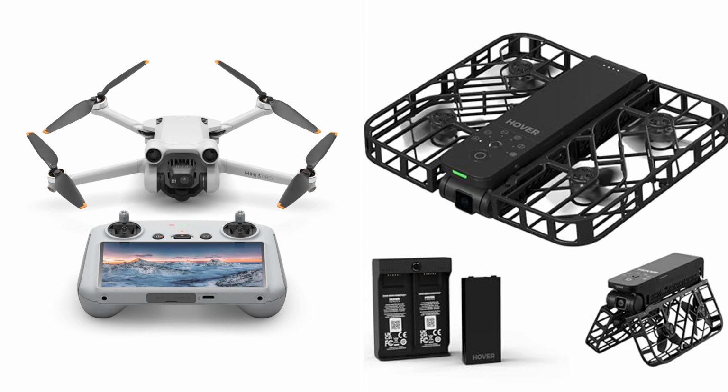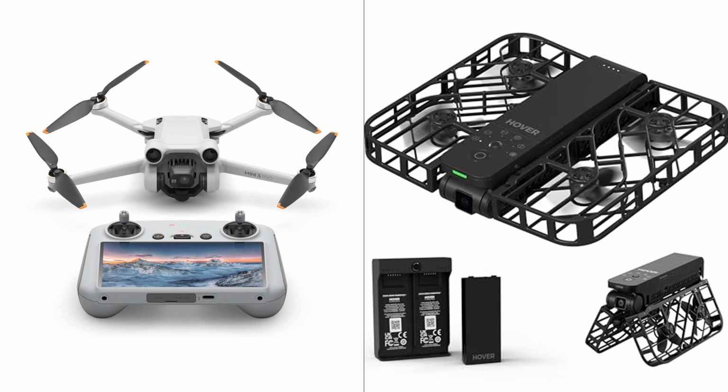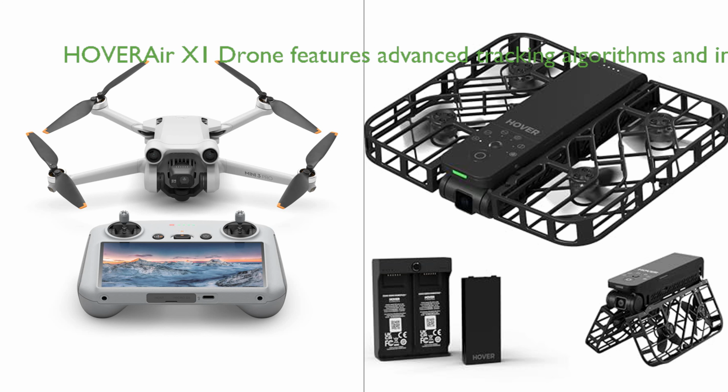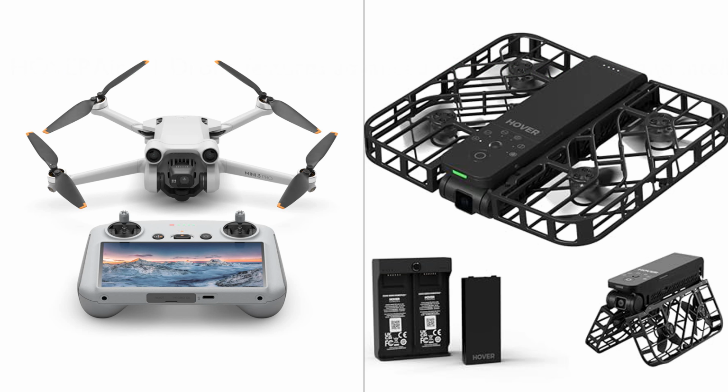The DJI Mini 3 Pro and the HOVERAir X1 Drone are both compelling choices for drone enthusiasts, each offering a unique set of features that cater to different user preferences. While the DJI Mini 3 Pro excels in its high-resolution 4K video and 48 megapixel photo capabilities, an impressive flight time of up to 34 minutes, the HOVERAir X1 Drone shines with its advanced tracking algorithms and variety of intelligent